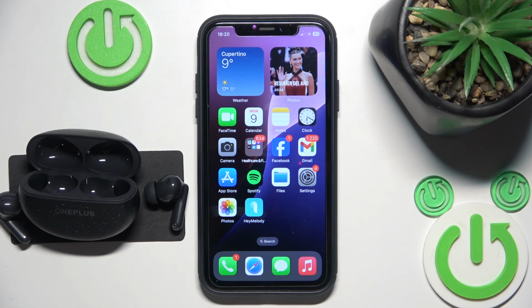Hello everybody and welcome! In this video I will show you how to enable and manage dual connection on your